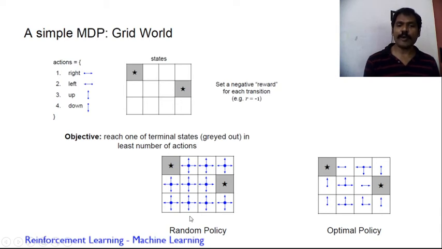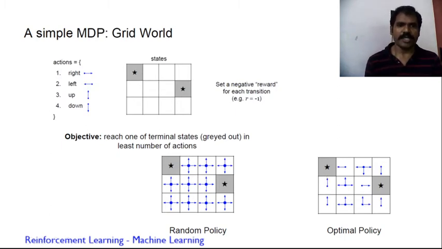So the random policy is this: from here I can move left, right, up, and from here I can move left, right, up. So in each cell you can have all the probabilities of possible actions. And this shows the optimal policy. If I place the robot here, it can take one step, again one step to reach the terminal state, and similarly if I move here, one step, again one step, again one more step to reach the terminal state. So which is the maximum reward? That should be considered.